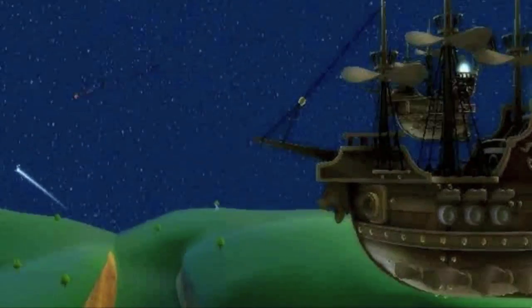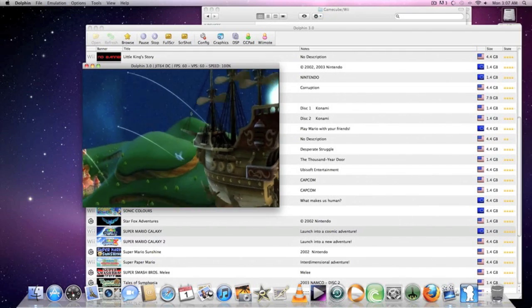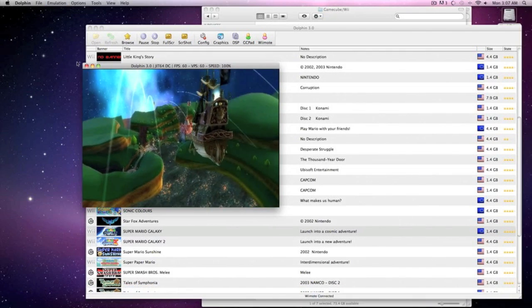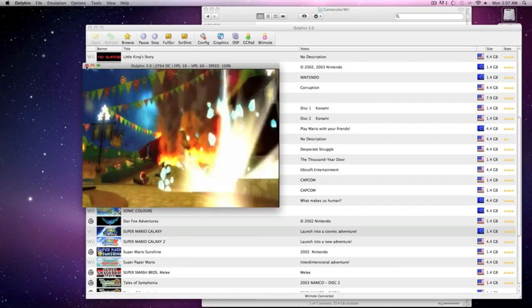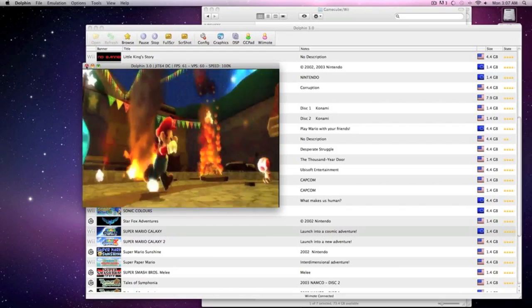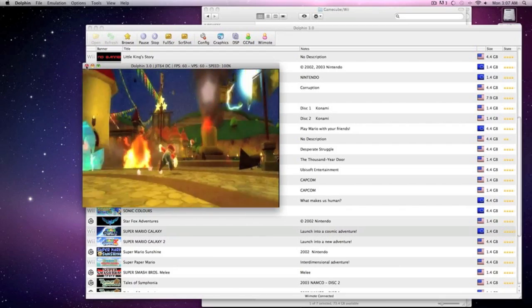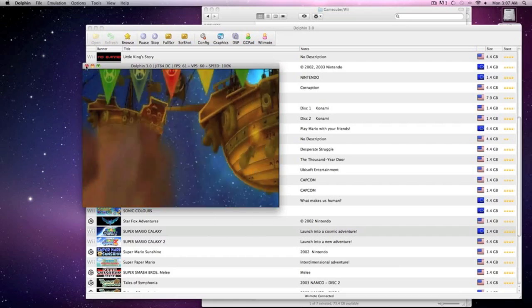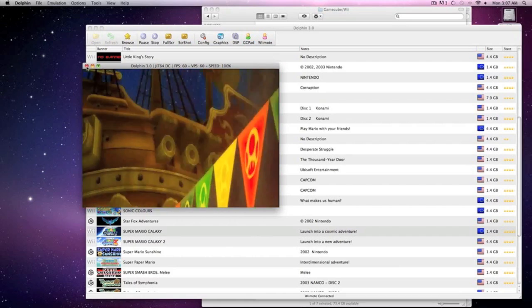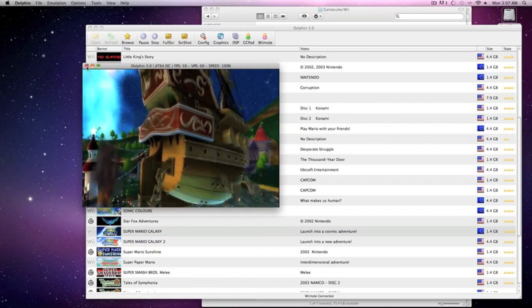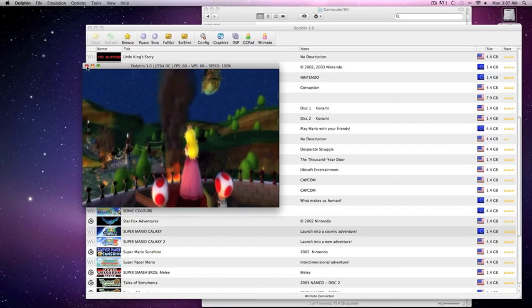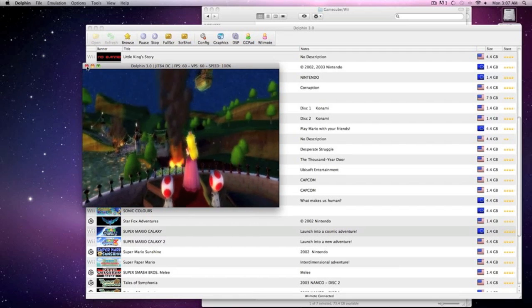But yeah, so it's really nice looking. It looks basically like you would see it on an Xbox 360, which is the way the Wii should have been, but isn't. But yeah, so the game looks good. There's no graphical problems or anything. It's a little bit slower than it normally would be. But it's a really good game. Plus, I like playing this game with the gamepad as opposed to the Wii mode. It's a lot